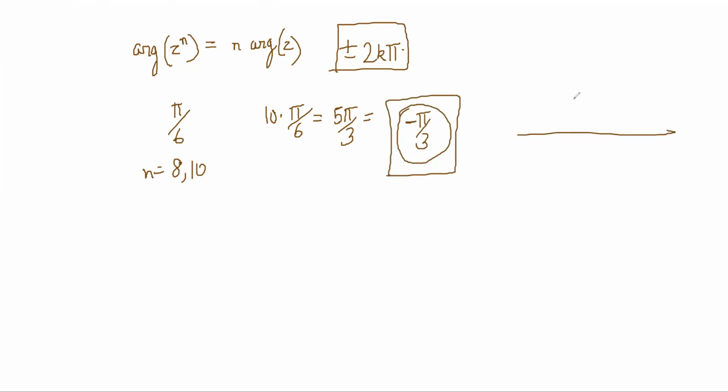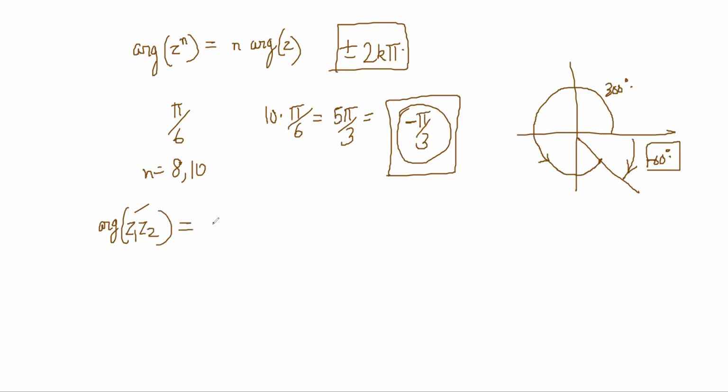Notice that in the quadrant, 300 should come here. So I will say this angle is the argument, not 300 degrees. So this plus minus 2k pi will be in all the argument formulas because you want to ensure that the final angle that comes out is in the principal value. You are adjusting and subtracting with the appropriate number of pi's to get it in the principal value.